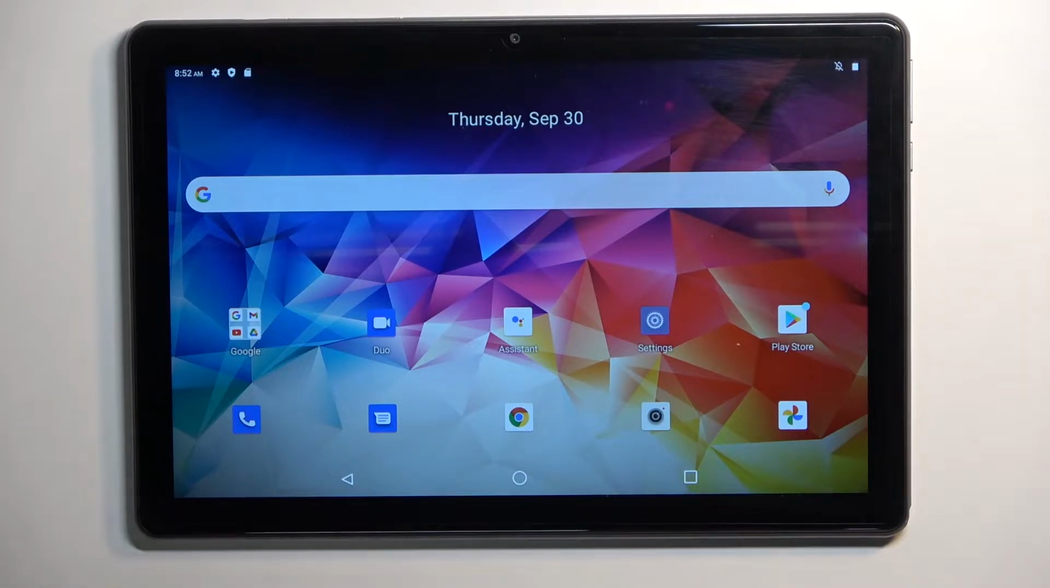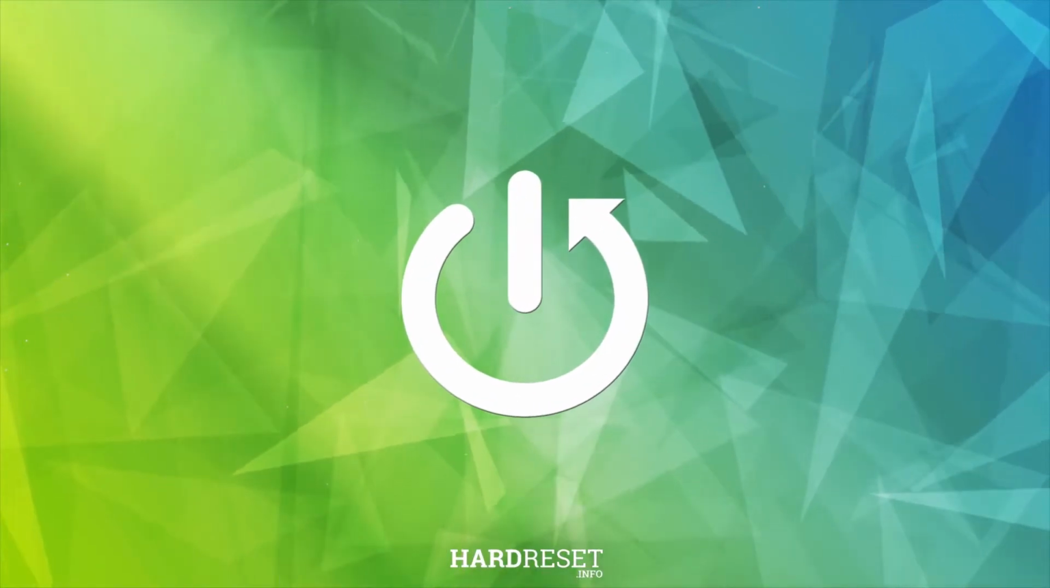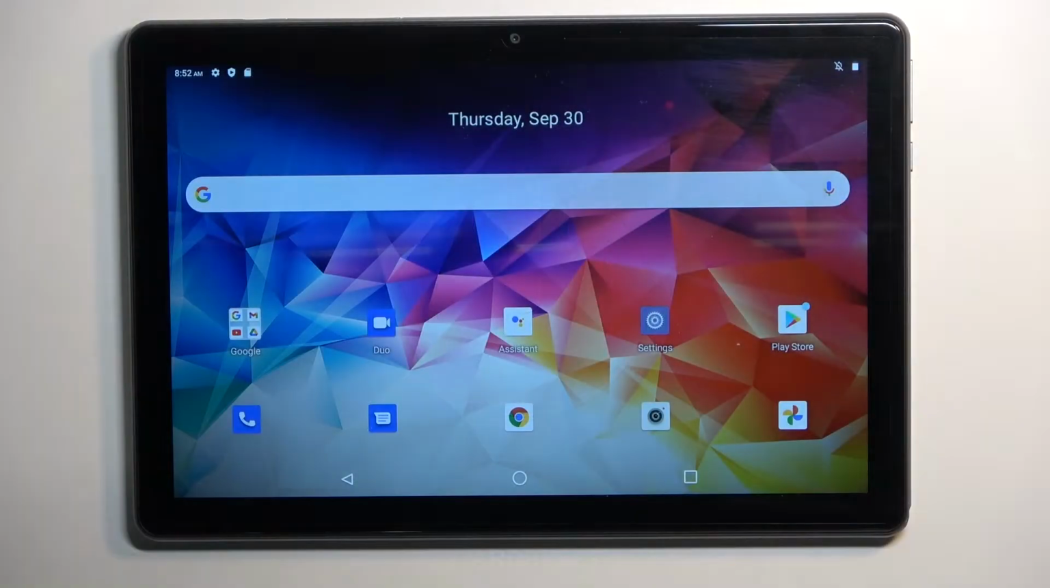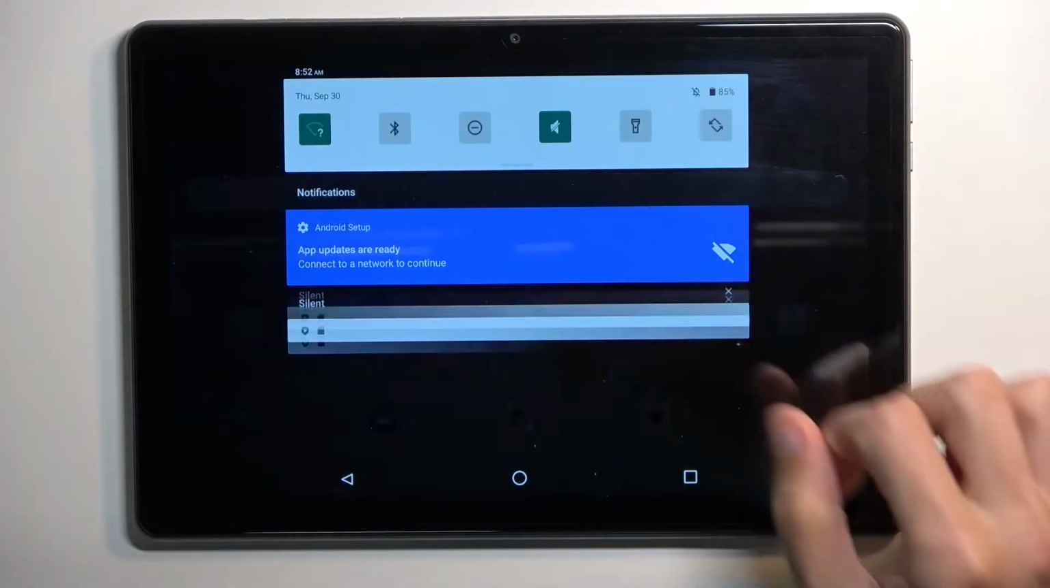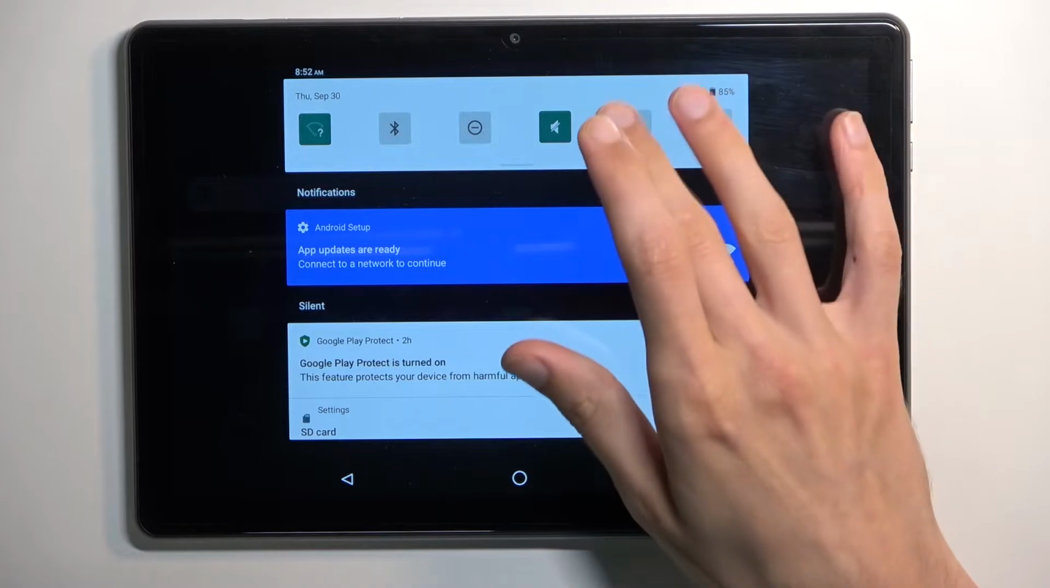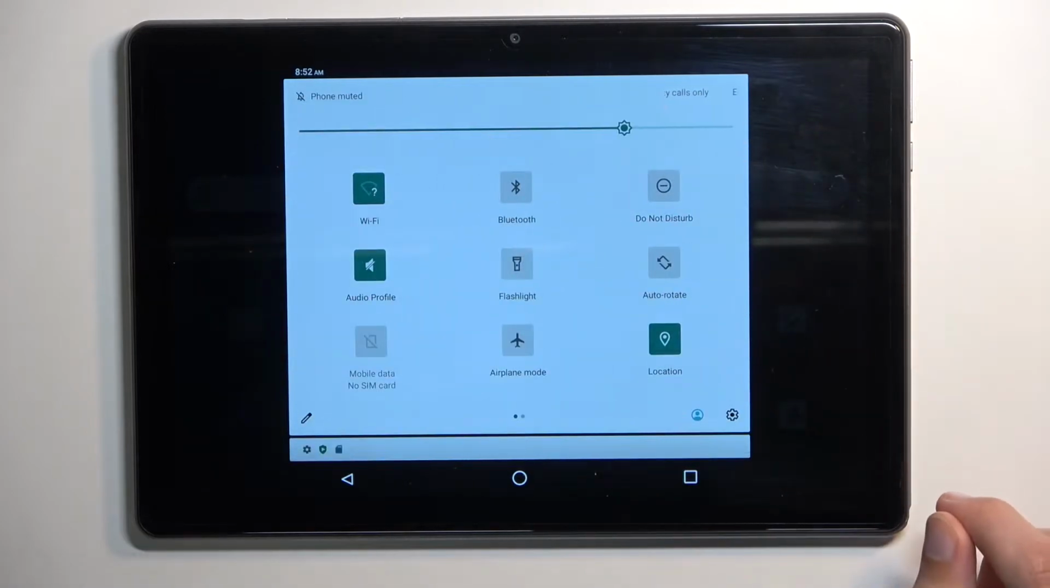Welcome. In front of me is a CUBOT Tab 10, and today I'll show you how you can enable the Do Not Disturb mode. So to get started, pull down your notification panel and extend it, and in here you'll find Do Not Disturb